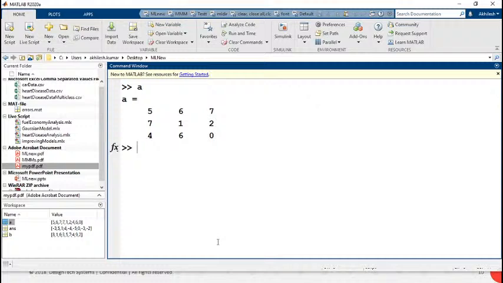Okay, this is my matrix. Again, this is my B matrix. Now we'll see how to apply logical operators on that matrix. If I am saying here, I want value of A which is greater than 5, or value of A which is greater than B. First of all, let's see this value of A